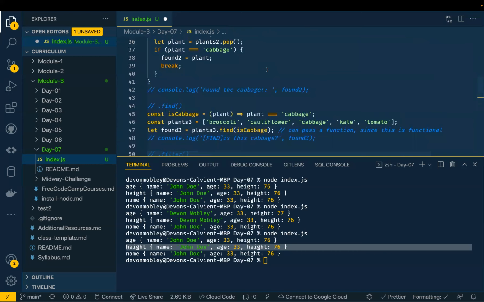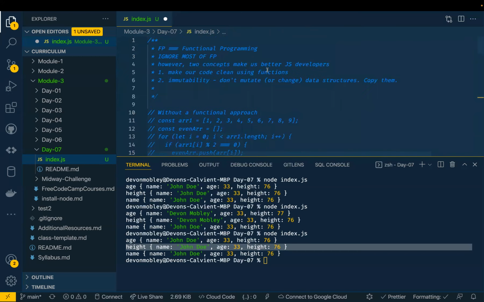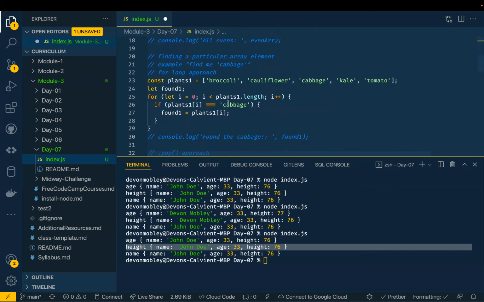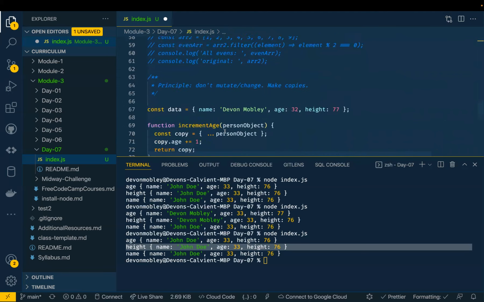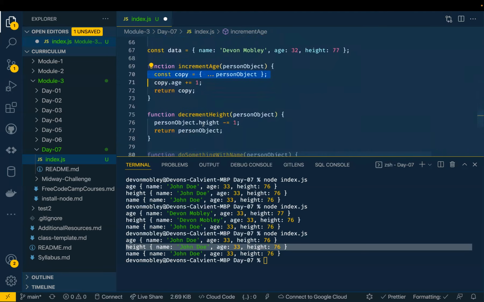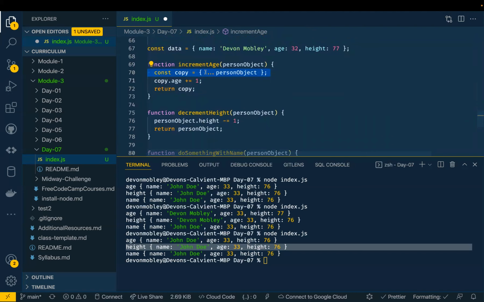So what I want to come back to and just reiterate is that functional programming is this concept, and again, don't ignore your Google searches at this point. We just want to introduce you to a couple concepts. When you write functions, you want those functions to not have to change any of the data. And whenever you're making code, you want to clean it up by using functions. We can use map and filter and reduce, and then there's the spread operator for being able to copy